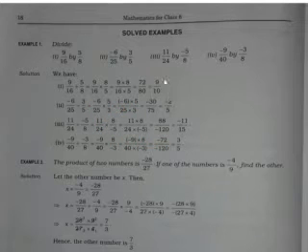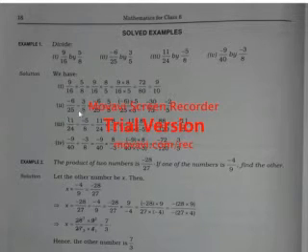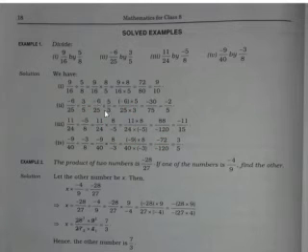In the same way, when you see question number 2, here it is minus 6 by 25 divided by 3 by 5. That means minus 6 by 25 should be divided by 3 by 5. It is written as minus 6 by 25 into 5 by 3. When divide changes into multiply, the denominator becomes the numerator and the numerator becomes the denominator. So minus 6 into 5 becomes minus 30, and 25 into 3 becomes 75. So it becomes minus 30 by 75.